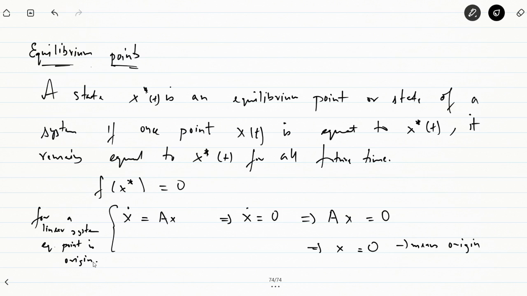So associated with this, you can also say now for a controllable linear system, the equilibrium point is basically the origin of the system. For a non-controllable linear system, you may have a number of other equilibrium points that will be decided by different values of different states. Accordingly, some state at that time will basically be referring to zero.